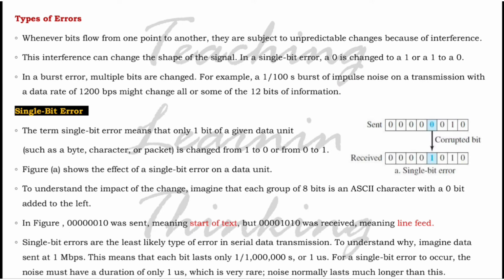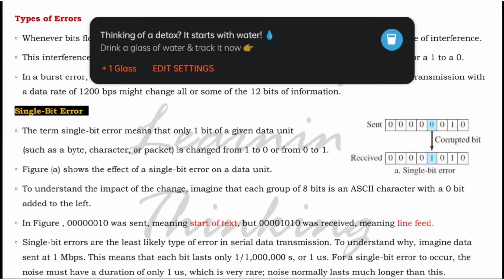First of all, we need to look into the types of errors. Whenever bits flow from one point to another, they are subject to unpredictable changes because of interference. This interference can change the shape of the signal. In a single bit error, a 0 is changed to 1 or a 1 is changed to 0. That is the single bit error. In a burst error, multiple bits are changed. For example, a 1 by 100 burst of impulse noise on a transmission